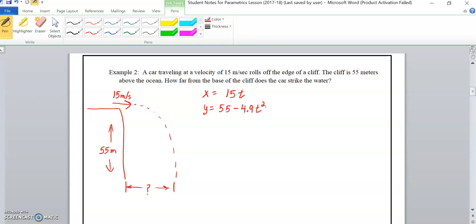Again, if we're trying to find how far from the base, we just say, well, if we know that at height 0, a certain amount of time has passed for the object to have free fallen, then we can figure out how much time has passed. And if we know how much time has passed in the vertical, we can apply that to the horizontal and find our answer of how far from the base. So